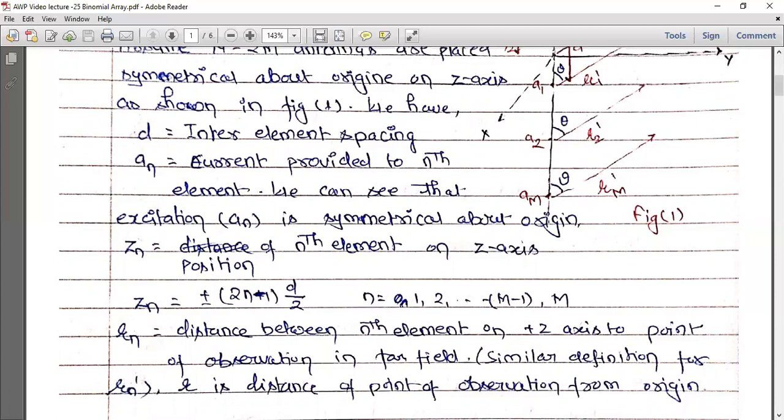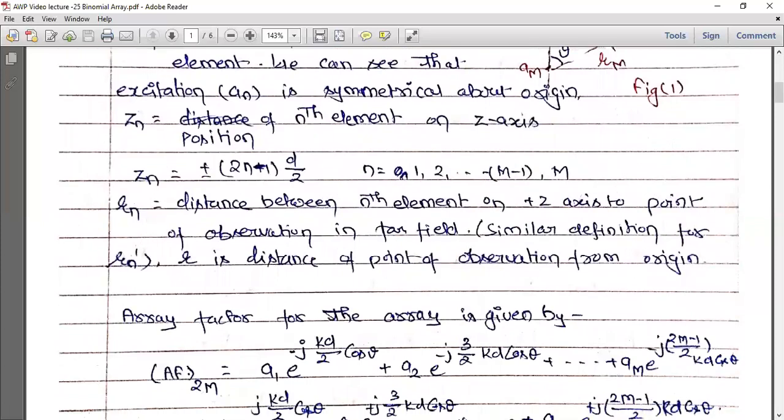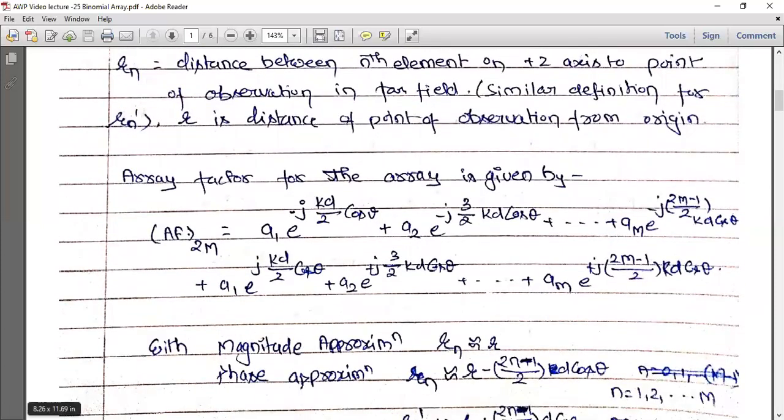Using that expression, we have already been through the same expression in many of our classes, that's why I have not written the same thing. So the array factor in this particular case can be written like this. The first element is placed at a distance z equals d by 2. That's why the component for that element in the array factor is given by a1, the magnitude or excitation of current, times e to the power minus jk z_n. What is z1? z1 is d by 2. That's why it is e to the power minus jk d by 2 cos theta.